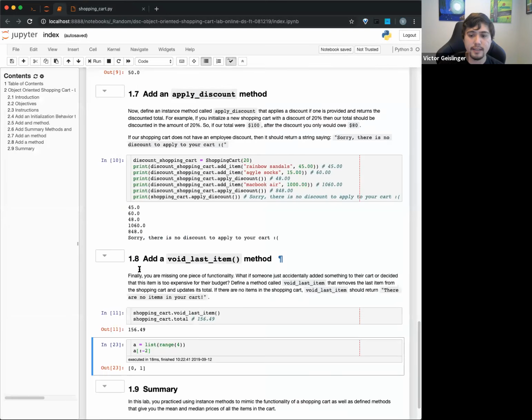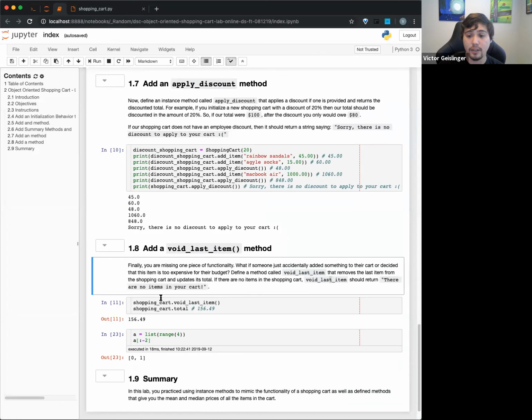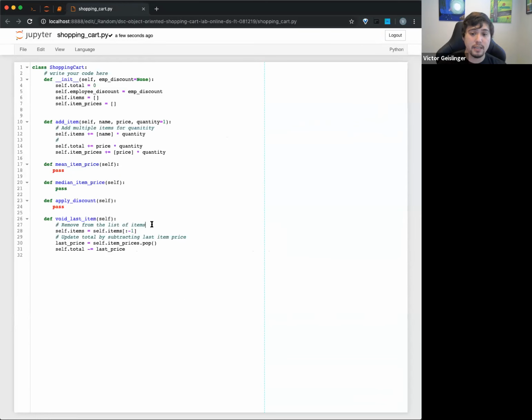And then it did mention something: if there's nothing in my cart, print that there are no items in your cart, right? So we want to make sure we put this in here. So one thing you might want to do here is, before we do all this part, we say, check if